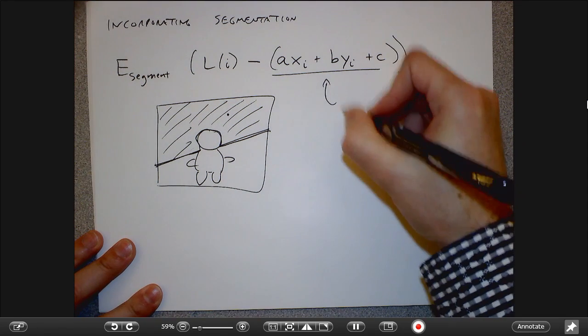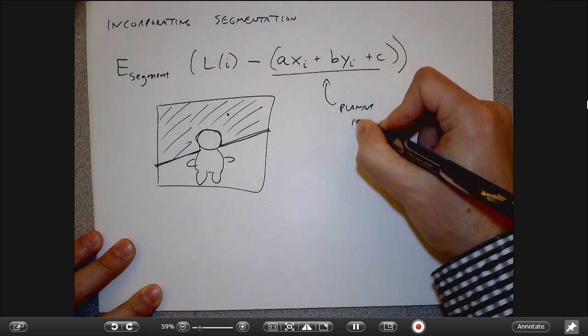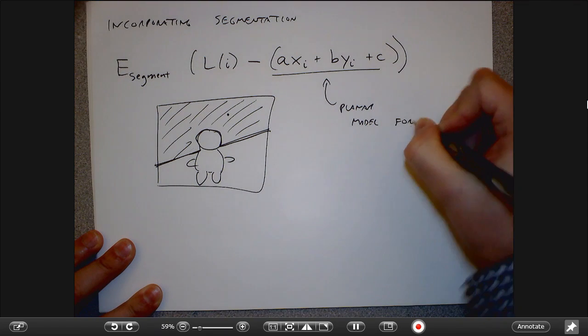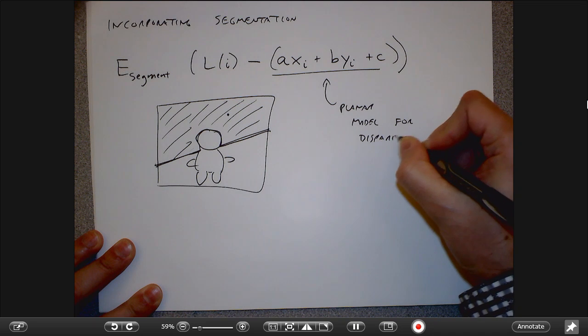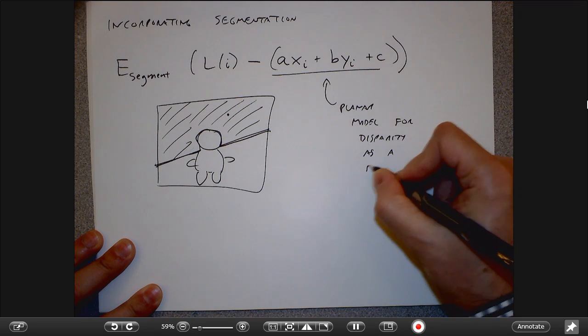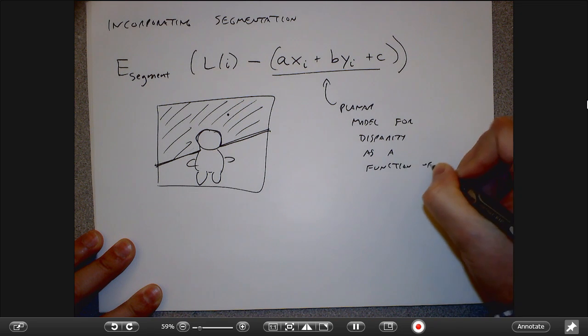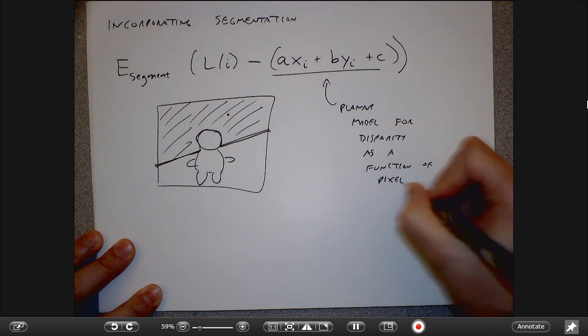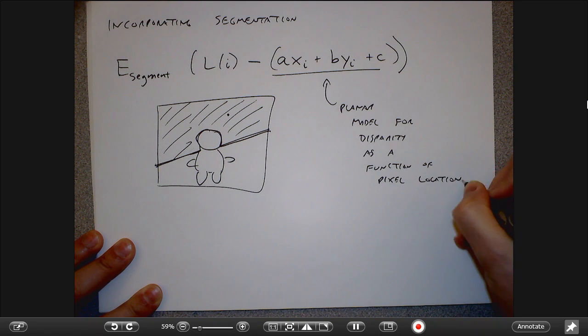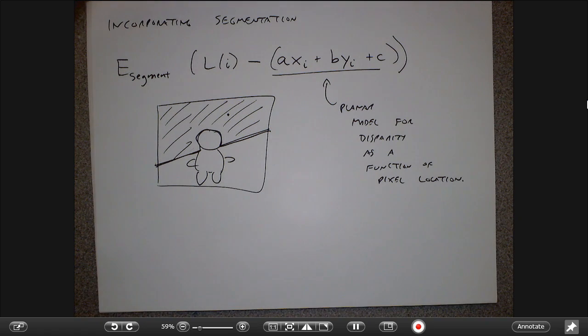So it's kind of like a planar model for disparity as a function of pixel location. Right? So if I've got a flat surface, I know the disparities should change like this model. If I had a curved surface, maybe I would allow myself to have some quadratic terms like that. But basically, the idea is that if I were able to somehow segment the image into foreground pieces